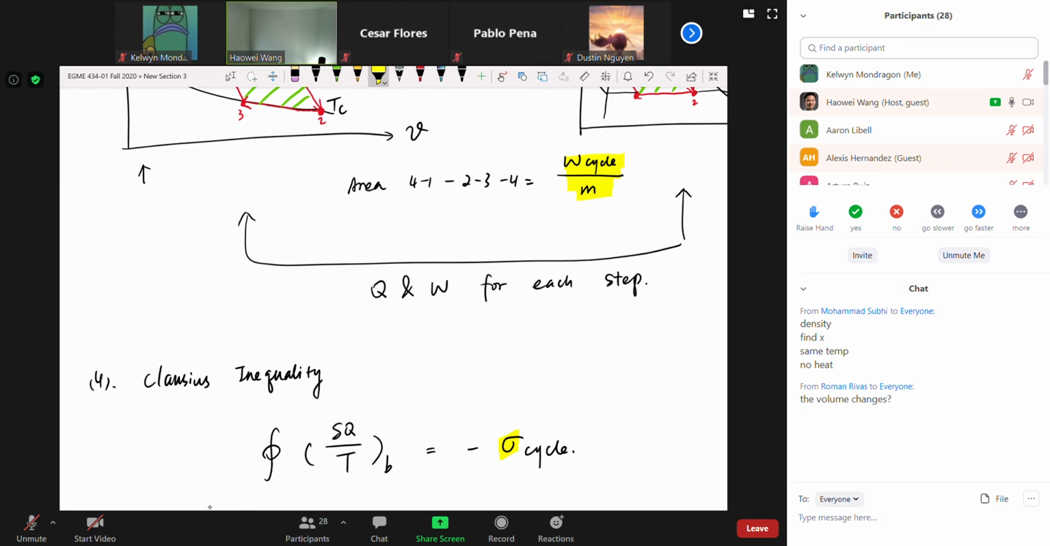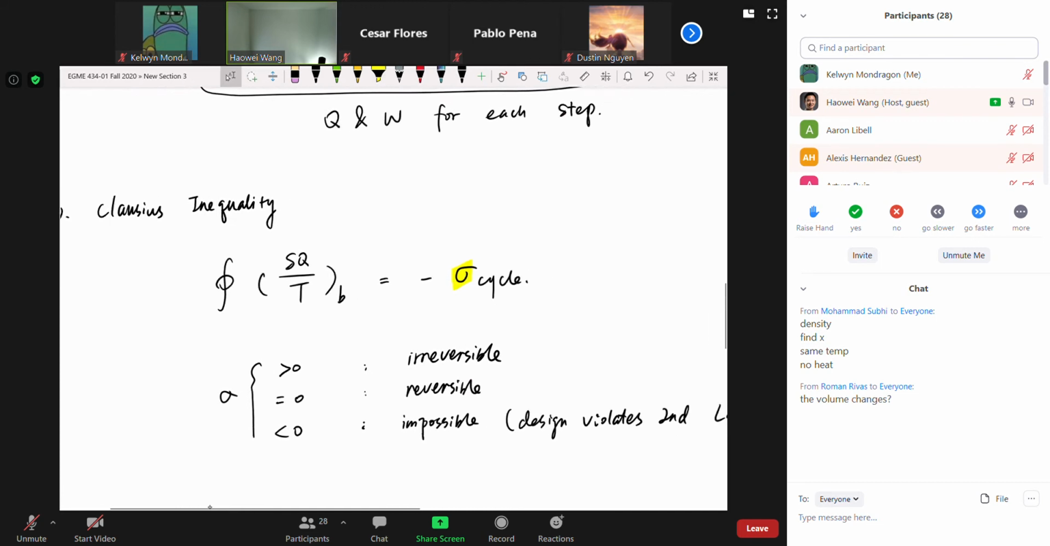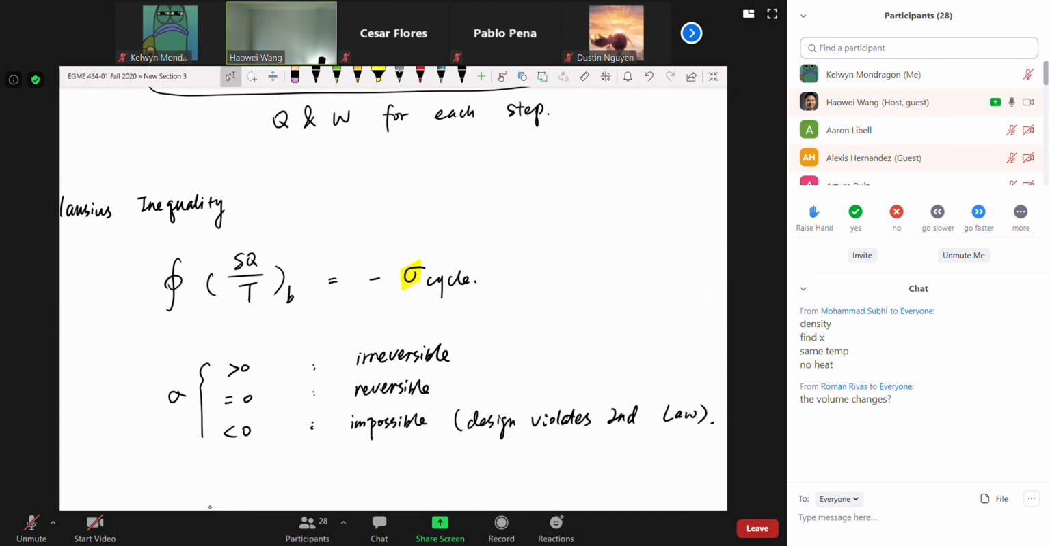And sigma less than 0, right? Your change of age is negative, meaning you become younger. Then this process must be what? Impossible. So if your sigma is equal to 0, meaning reversible. If your sigma is greater than 0, meaning irreversible, which is everything in this world. If your sigma is less than 0, becoming younger, it means impossible because your system violates second law of